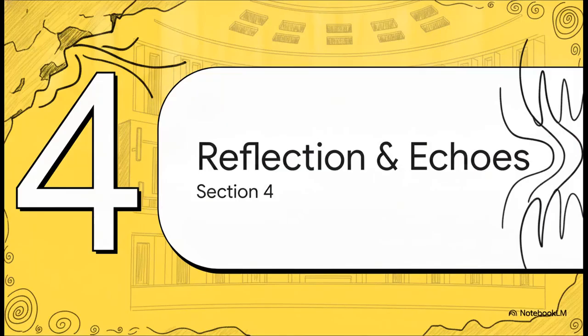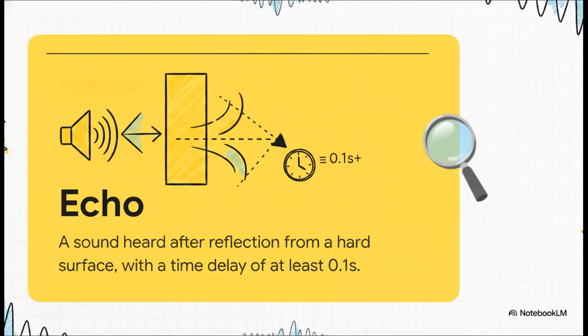All right, on to Section 4, reflection and echoes. Just like light waves bouncing off a mirror, sound waves can reflect too. When sound hits a hard, flat surface, it bounces back following the exact same rule you already know. The angle of incidence equals the angle of reflection. When this reflected sound comes back and is heard as a distinct separate event from the original noise, we call